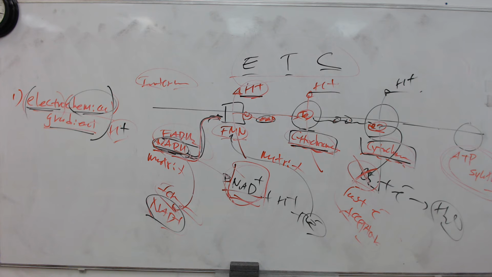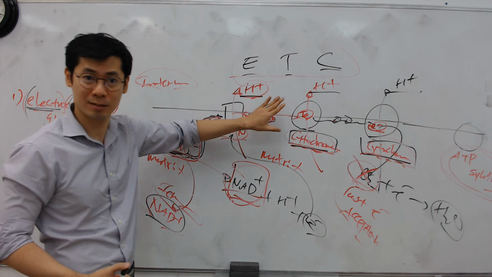What's the best way to measure it, Andy, what do you think? pH? pH should be higher, right? Lower. Oh, okay. pH should be lower, exactly. So pH should be lower here compared to the matrix. The pH is around 3 here. Another indication is that this will have greater voltage, a greater electric potential value on the intermembrane space, because there are more positive charges. That's an indication that this is happening.